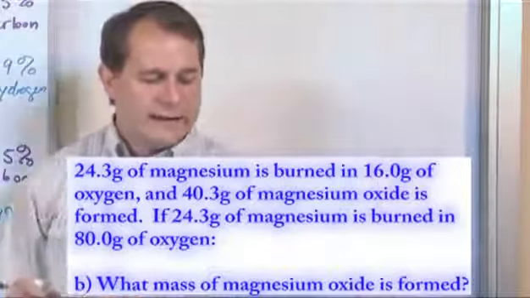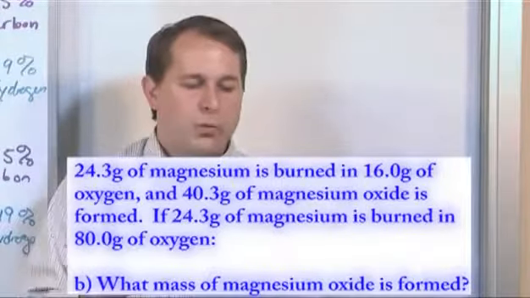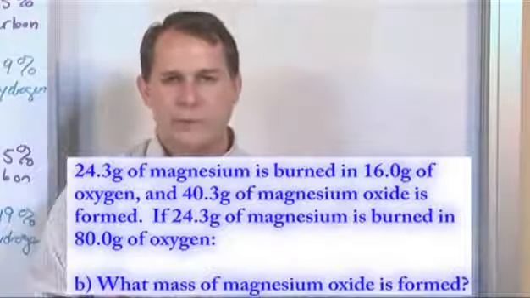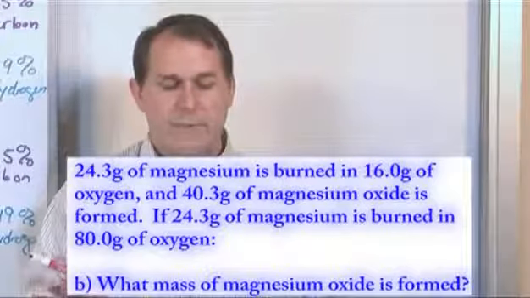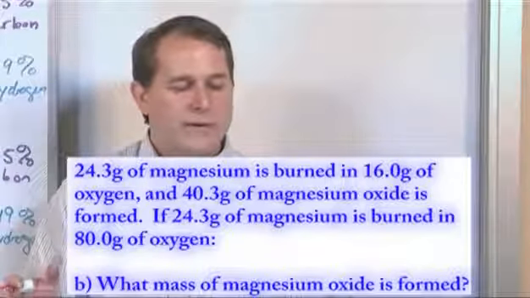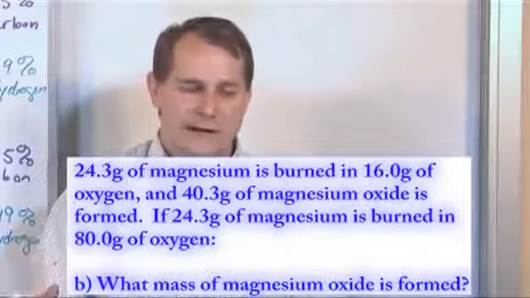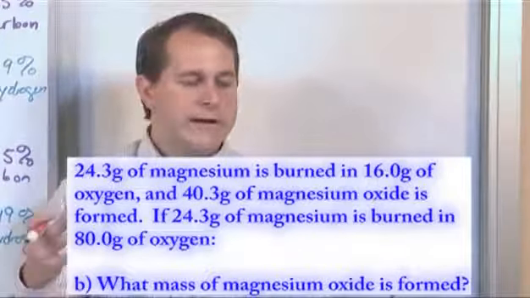And I think you can use a little bit of logic here to think about this. If we started with 24.3 grams initially, and we burned it with 16 grams of oxygen, and we only formed 40.3 grams of magnesium oxide, we used up everything. What do you think is going to happen if we